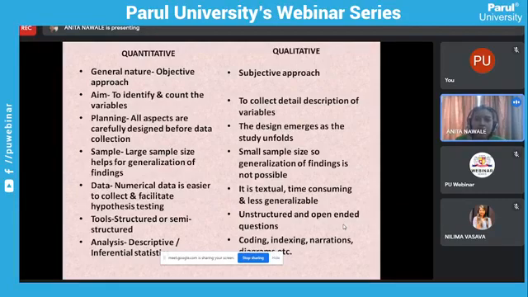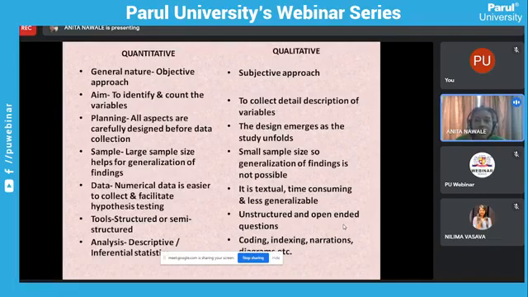Now what are the characteristics? First, as I told you, it emerges as the study advances. We do not have a fixed, pre-planned research methodology, which occurs in quantitative. Whereas in qualitative, as you go through the process itself, you will decide what kind of method you should use for the data collection, which is more comfortable, which gives more information, etc. So it emerges as you pass through that process.